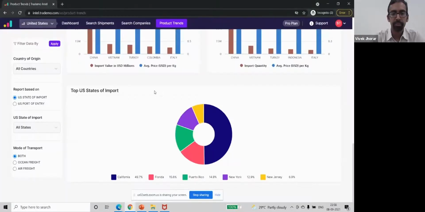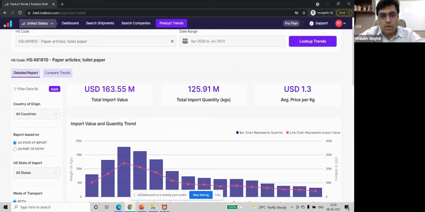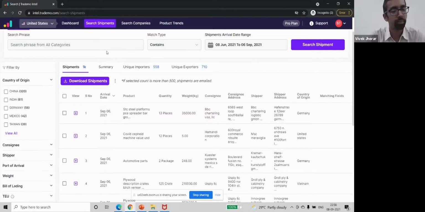Yeah. I mean, just to add to what Vivek said, since this platform gives you access to all the trade transactions in the past, you can actually search for toilet paper in the bill of lading records and find out all the suppliers from all the countries who are supplying this particular commodity to the US. So in that way, this is really powerful, that maybe you just have a couple of suppliers in your network, but you can actually identify who are the other suppliers who are supplying to other trustworthy buyers out in the US. So, yeah.